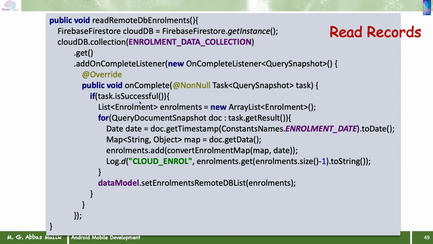Okay, so once it is coming back here, it has a task, that is a query snapshot. Whatever the query that we have performed here in that collection, get all the documents, it will perform that query and return me back as a query snapshot. And then we can check if the task is successful. If the task is successful, then we are going to perform